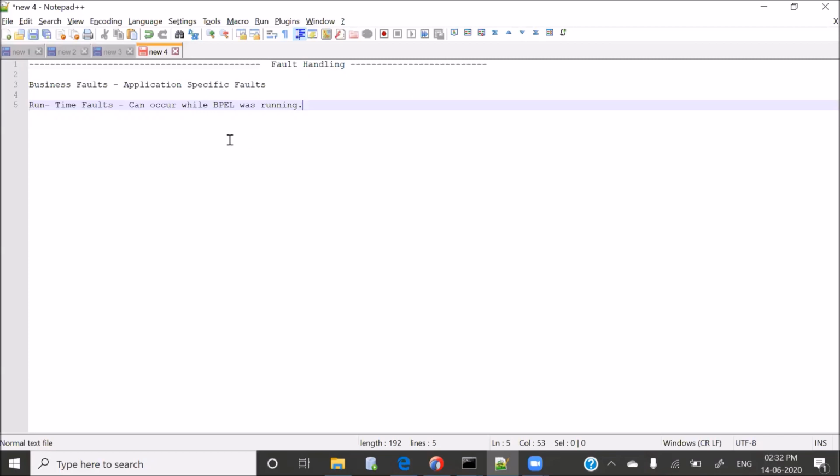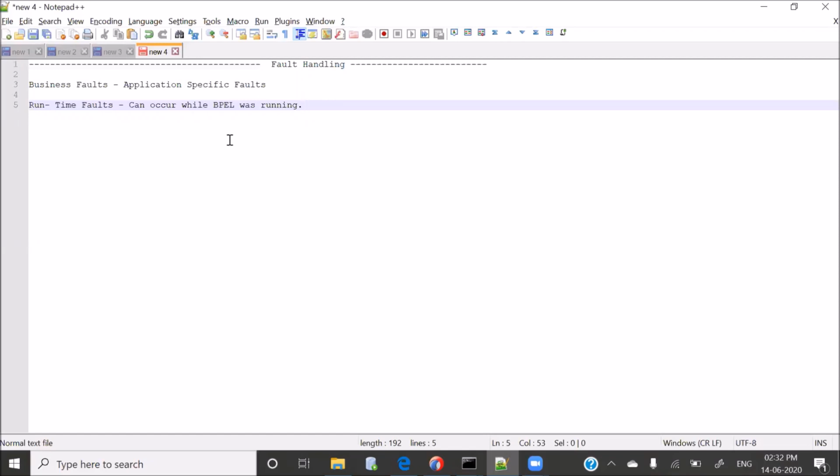So what kind of faults can occur in SOA? There are actually two types of faults defined. One is business fault and another one is runtime faults. So what can be a business fault? For example, you created a composite, and in that particular composite, you are trying to receive the data from one database first.